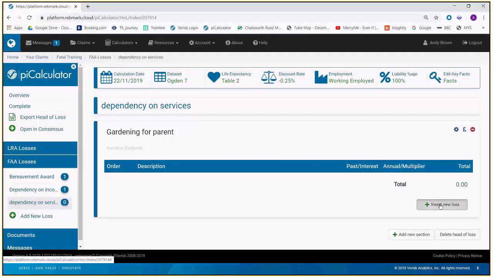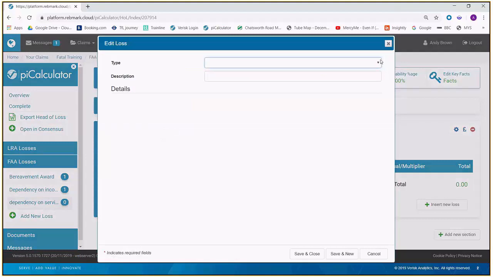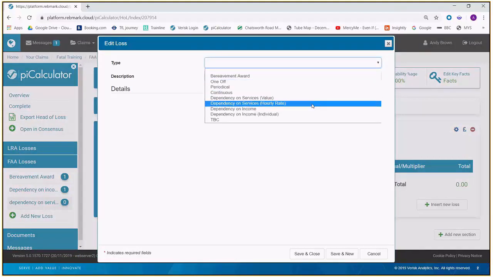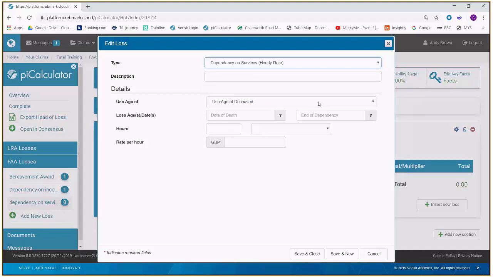When I've created the section title, I'll go to Insert New Loss, and from the drop down for the type I will choose the dependency on services hourly rate. The loss will cover gardening services that the deceased would have provided to their parent if they had not died. We will use,